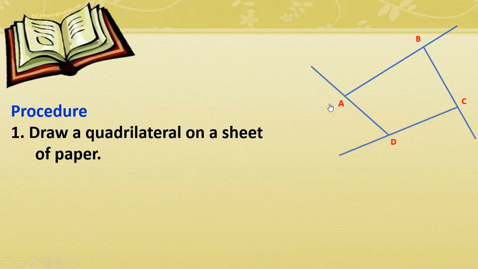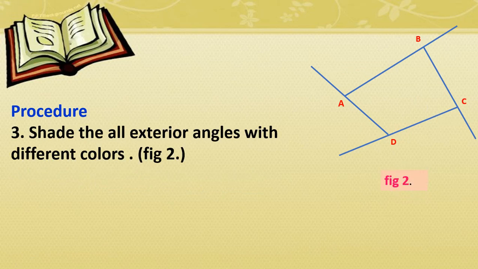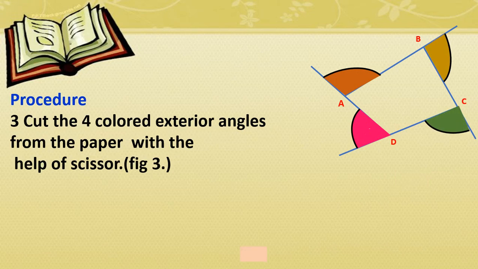Now name the vertices of this quadrilateral as A, B, C, D. Also we observe here on the drawing sheet that these all are the exterior angles of the quadrilateral. Like this we have to make the exterior angles on the drawing sheet. Then shade all the exterior angles of the quadrilateral with 4 different colors. Then cut all these 4 exterior angles from the paper